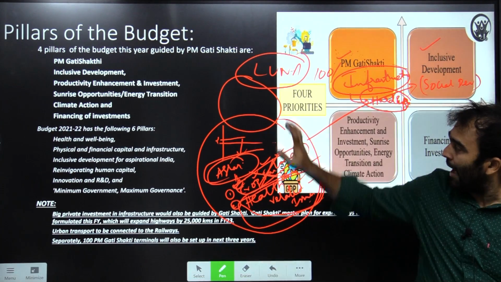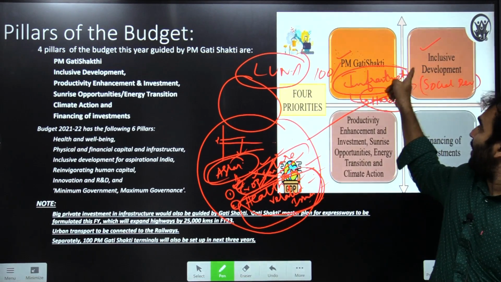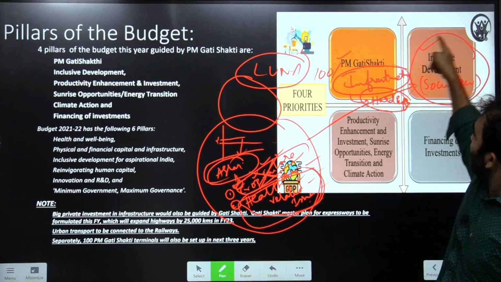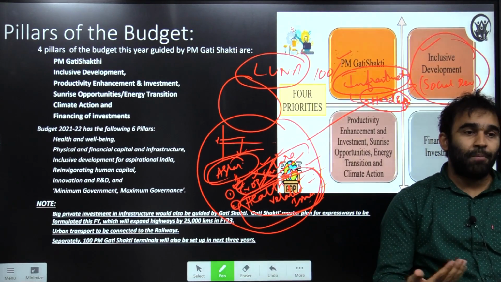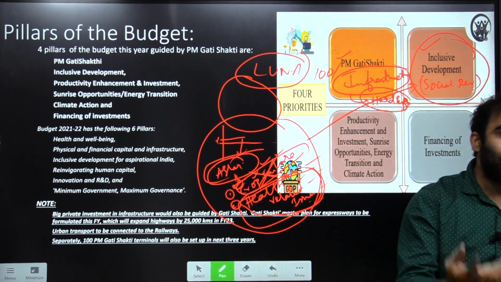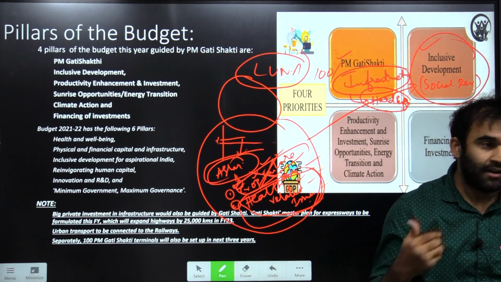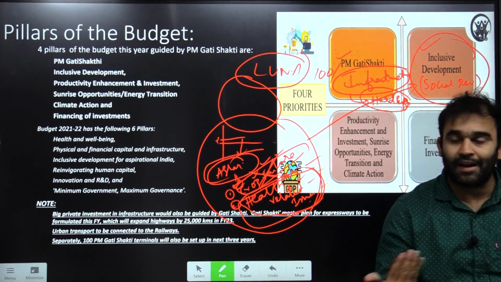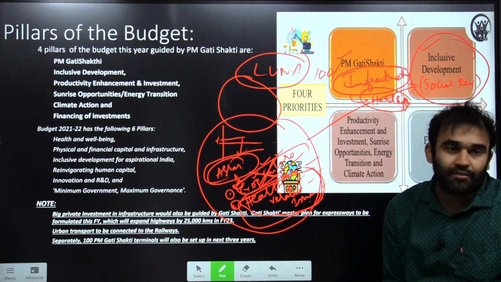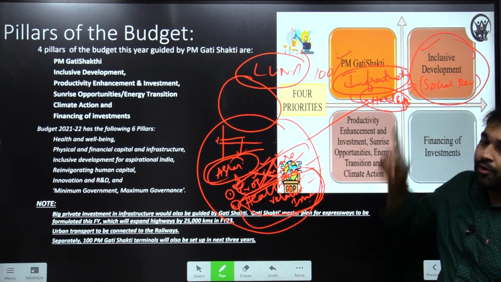So all of them were happening. It was in this scenario that the debate around inclusive development has come up again. All the people who have lost their livelihoods, who have lost their jobs, who were not able to service their debts during the COVID period, they have to be given some kind of supporting measure by the government. And how else can we do it if not through inclusive development or inclusive growth?